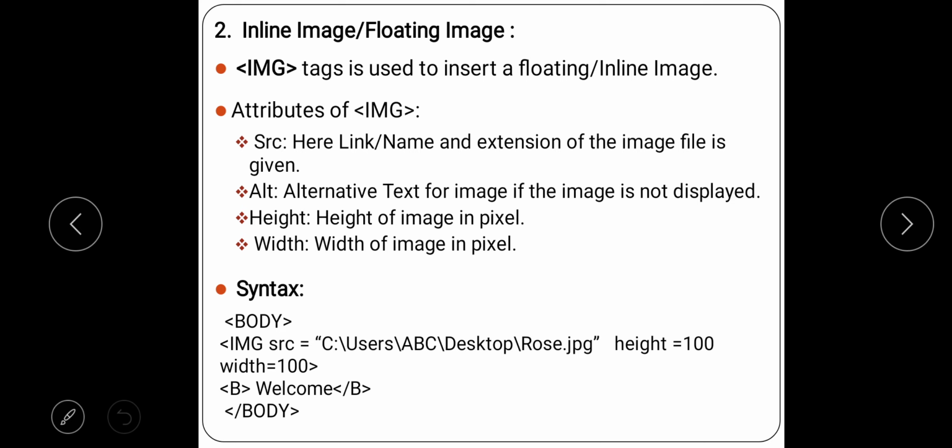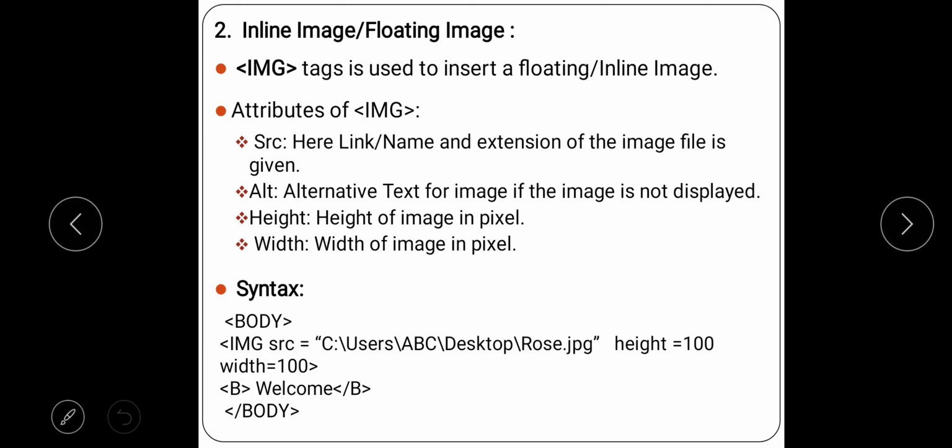So the path is given, and at the last you can see the file name and dot extension is mandatory. Whatever image format is there in your folder, you have to mention it. Then I am going to use multiple attributes here. Up till now we have seen how to use a single attribute. Now in this code we will see how to use multiple. So one attribute we are done with, that is src. Now I have to use a second attribute. So how do I do it?